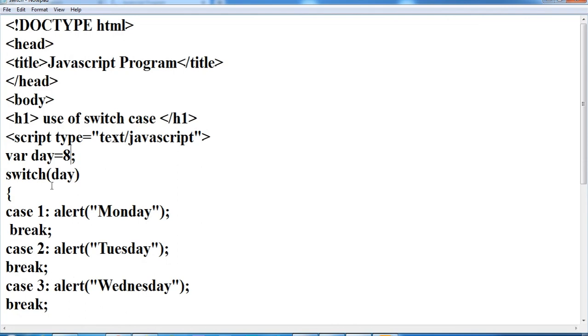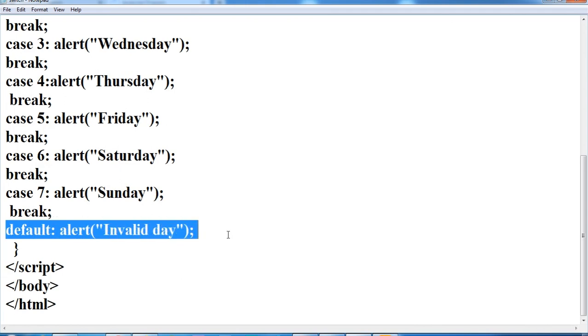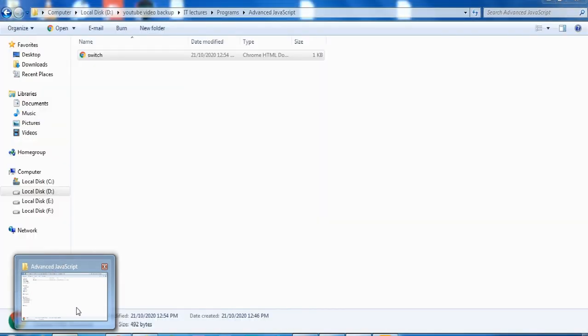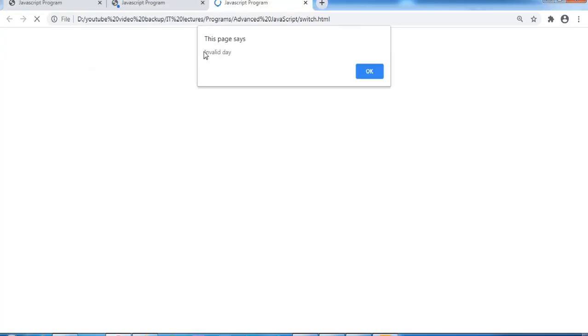We don't have case number 8, but we have a default case, that is invalid day. We don't have an 8th day in the week, we have only 7 days in a week. So it should show invalid day. If I run this again, it is showing invalid day.